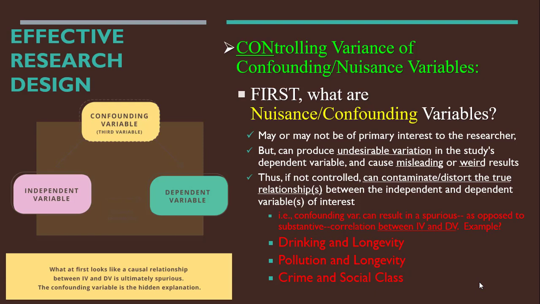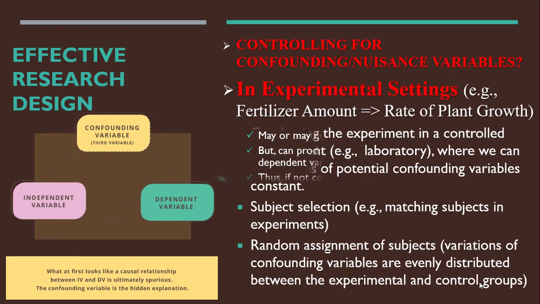But we cannot even draw these kinds of conclusions, because if we do not control for the confounding variables, we are going to end up drawing wrong or distorted conclusions. So how do we take care of this? In experimental design, you can look at,